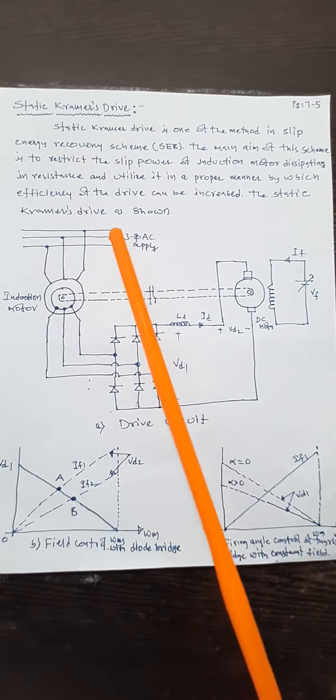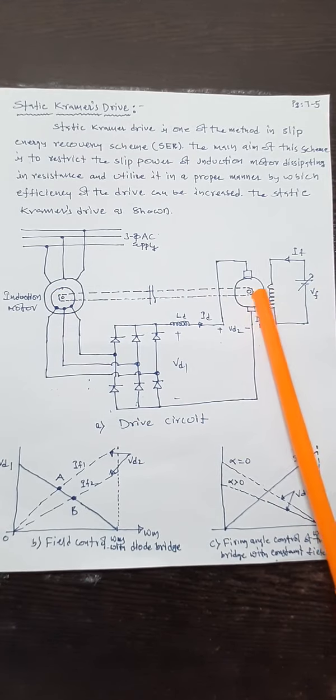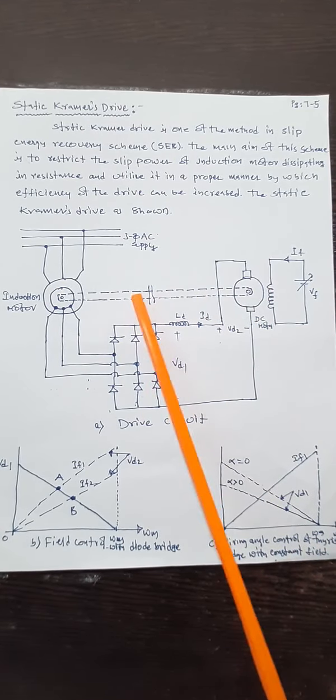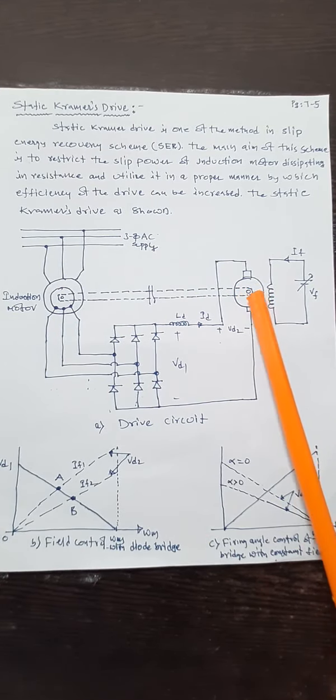Our intention is to have speeds below the rated speed as well as above the rated speed. The DC motor is very accurate for controlling speeds below rated speed as well as above rated speed, so this method has to be approached. The shaft of the induction motor and the shaft of the DC motor are both mechanically coupled to each other. Therefore, the load torque is the sum of the induction motor torque plus the DC motor torque. So nothing here is difficult to understand.